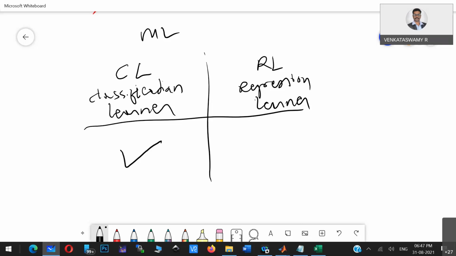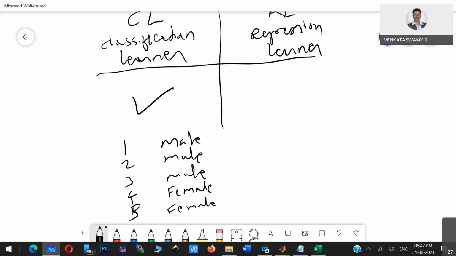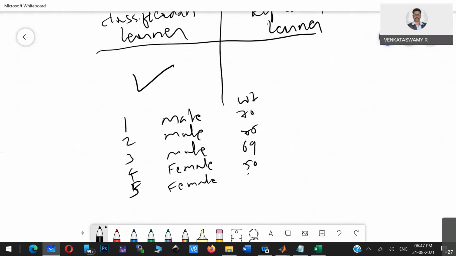For example, if you have something like this: person 1, person 2, person 3, person 4, person 5. I'm just writing one simple example: male, male, male, another one is female, female. And maybe here I'll write weight: 70, 75, 69, 50, 45, something like that.